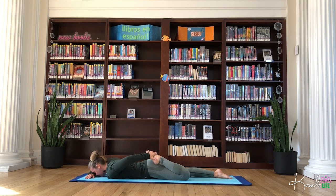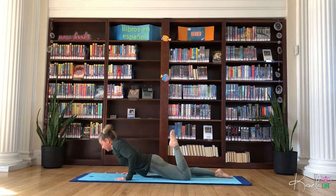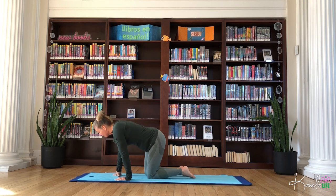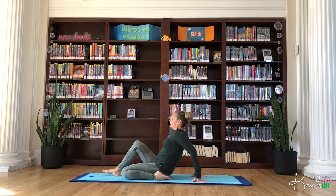Just make yourself comfortable. Gently let that pelvis drop. Let the heel come closer to the glute as that quad releases. So you can try both, see what works for you. So we're going to hold here. If you are here